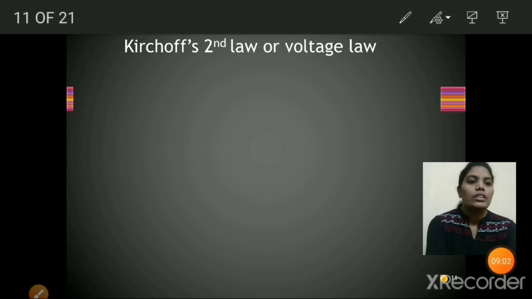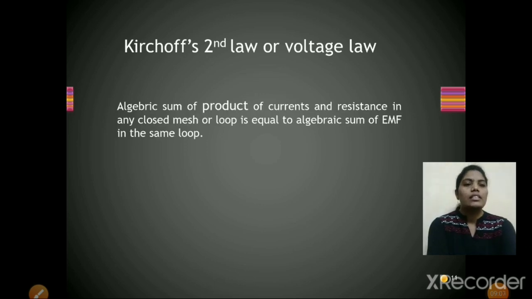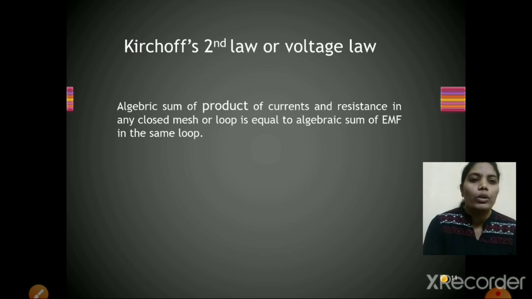Now, what is Kirchhoff's second law, which is known as voltage law? Because in this law we are going to see the relation between voltage and loop. Now here we are using a term loop. A loop is nothing but a closed circuit. So the algebraic sum of the product of currents and resistance is simply potential difference. So the algebraic sum of potential differences in any closed mesh or loop is equal to the algebraic sum of EMF